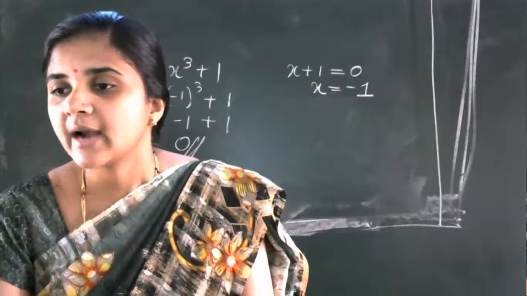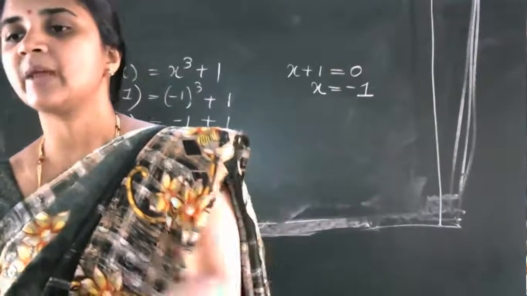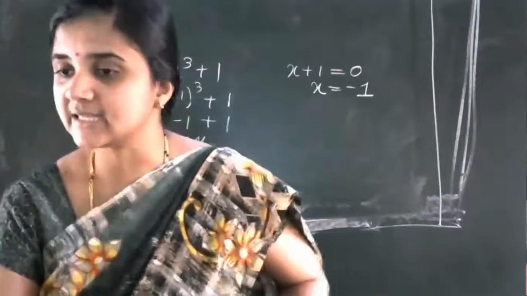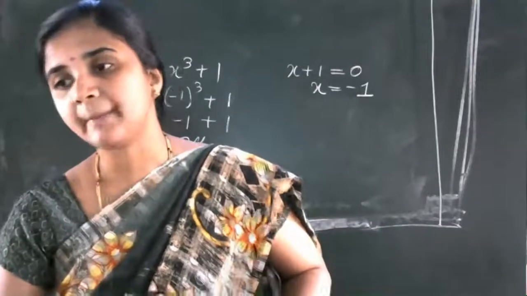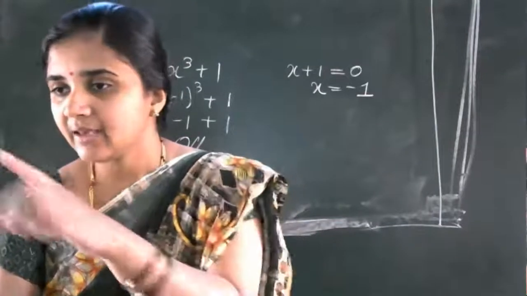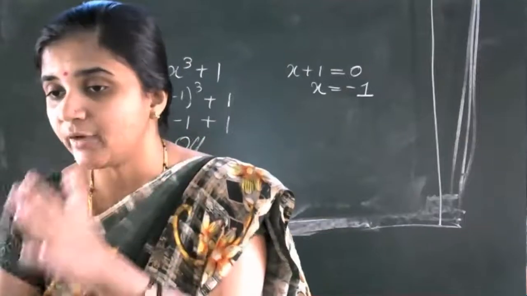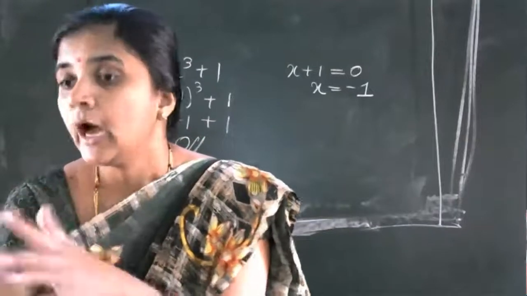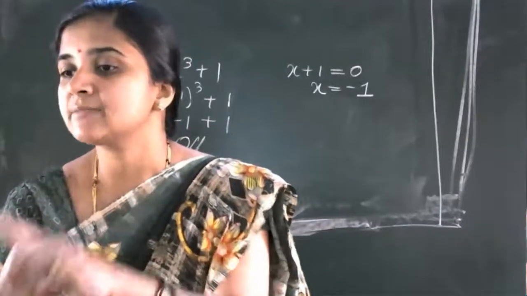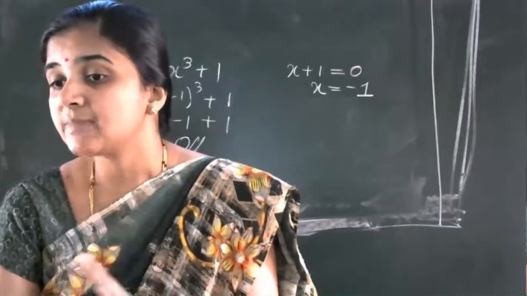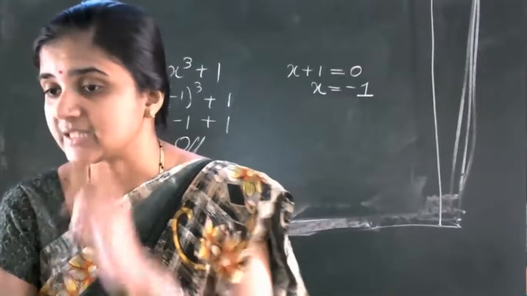So here write the polynomial in the standard form, that is p of x is equal to x raised to 4 plus x cube minus 2x square plus x plus 1. They have given just the polynomial. You have to write it in the standard form, that is polynomial of variable x is equal to. Now the divisor is x minus 1. You have to find the zero of x minus 1, which will be plus 1.